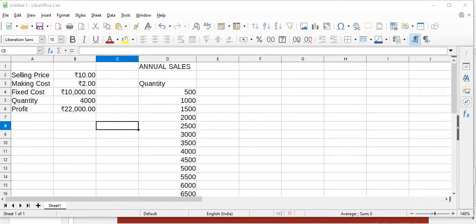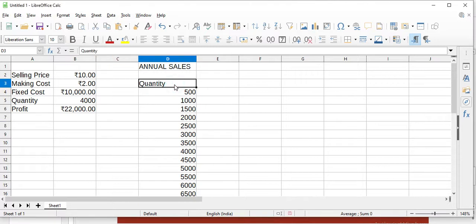To use the multiple operations tool, you need to have two arrays of cells. The first array contains the original or default values, and the other cells contain the formulas applied to them. Now let's start. Here I have written the example of one pen: quantity, profit, fixed cost, making cost, all. And in other cells, here I have written the quantity. I want to find the profit for different quantities. Instead of changing here, all together I have mentioned here up to 10,000.